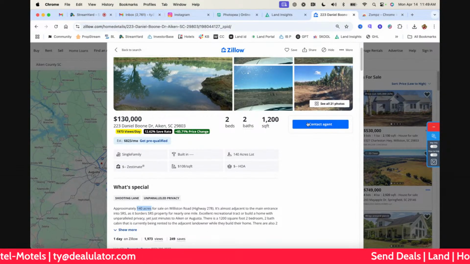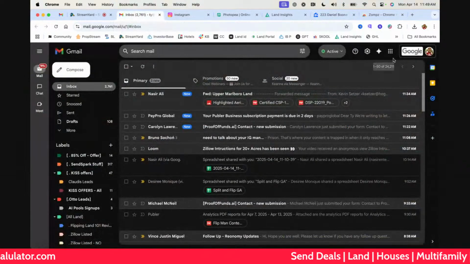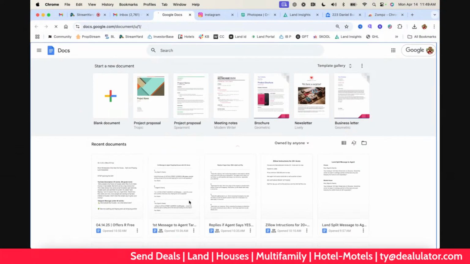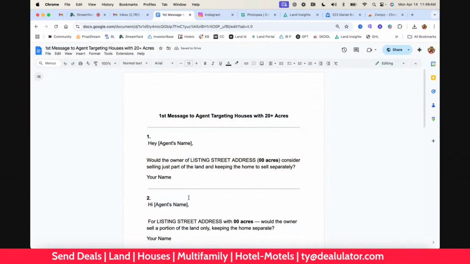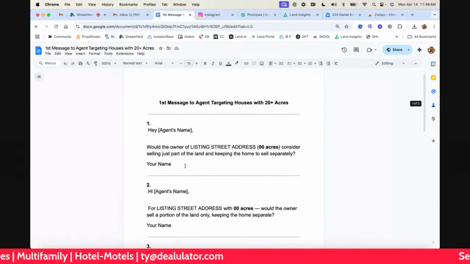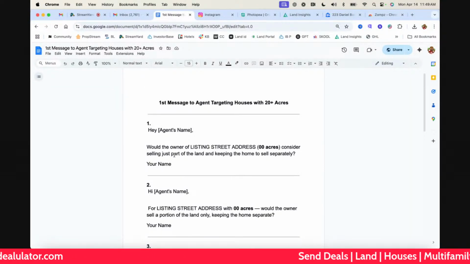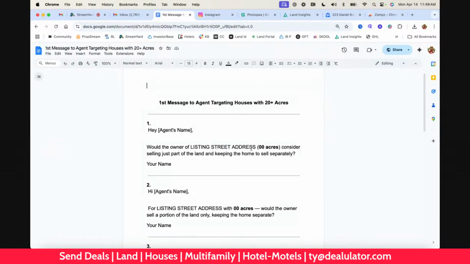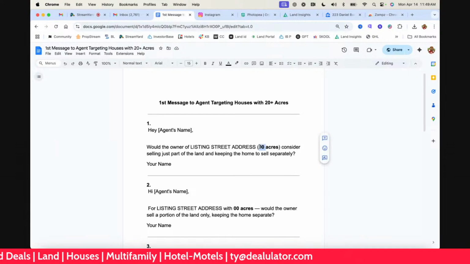Let me pull those up really quick. So here's the first message that you'll send to the agent. There are 5 different ones here that you can send over. We'll try to provide access to that. So: hello agent name, with the owner of whatever the address is, and you put the acreage.